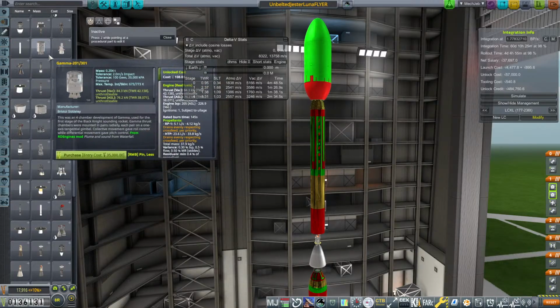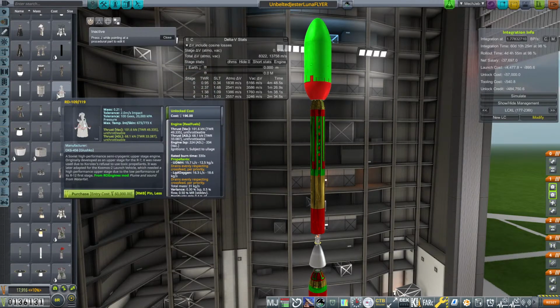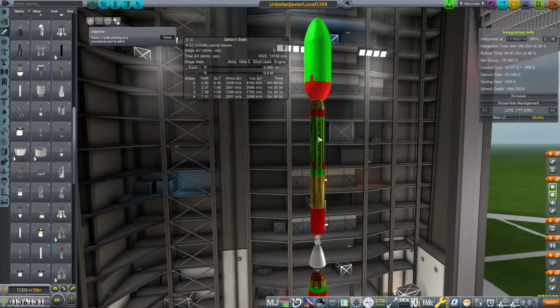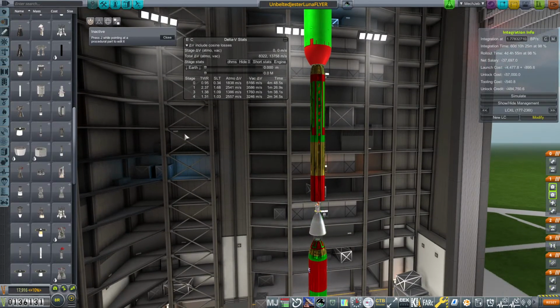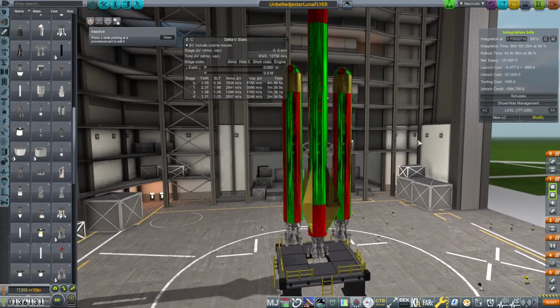Because the only problem I really have with the Viking is that it burns super fast. You do get a ton of delta V for it. I mean, it's packing 3,500 meters per second. But that 3,500 meters per second is expended in less than a minute and a half. Which I guess is okay. There's nothing wrong with that, but...